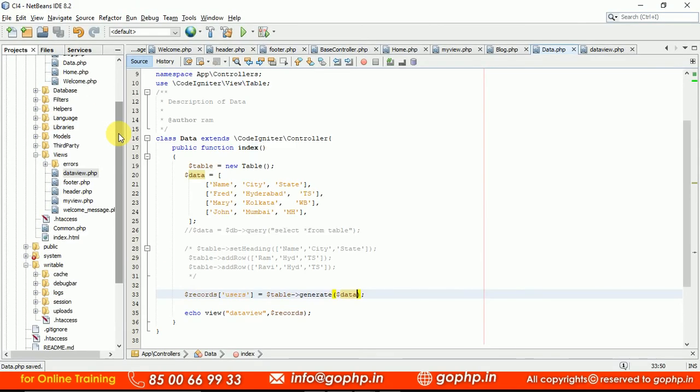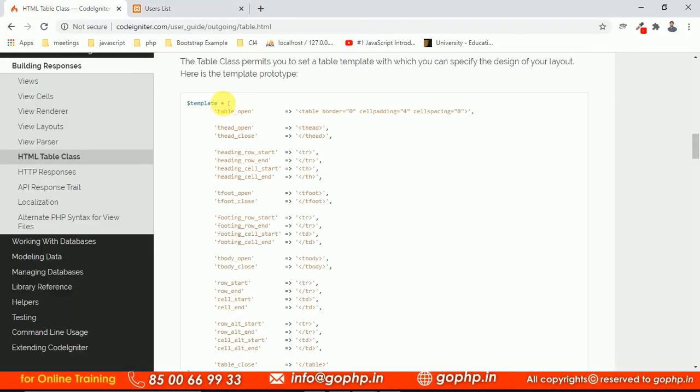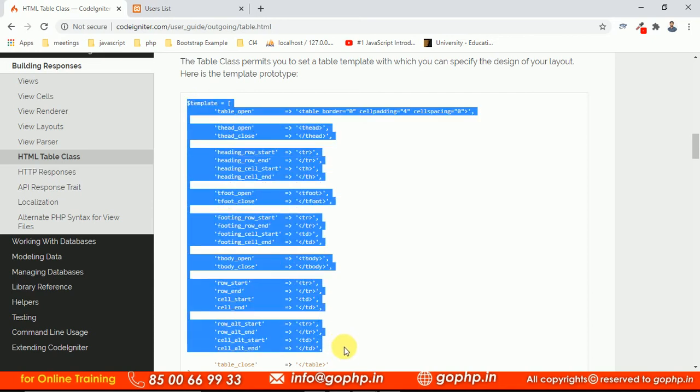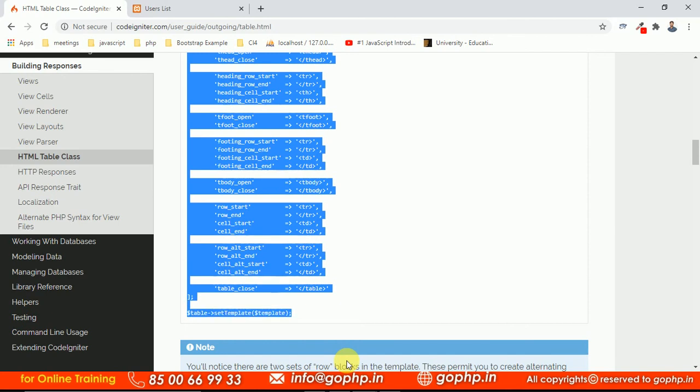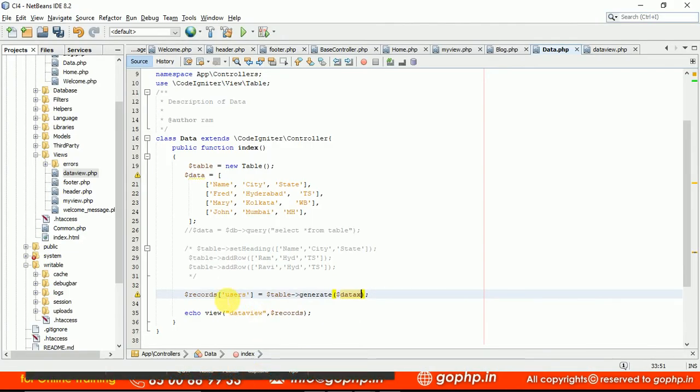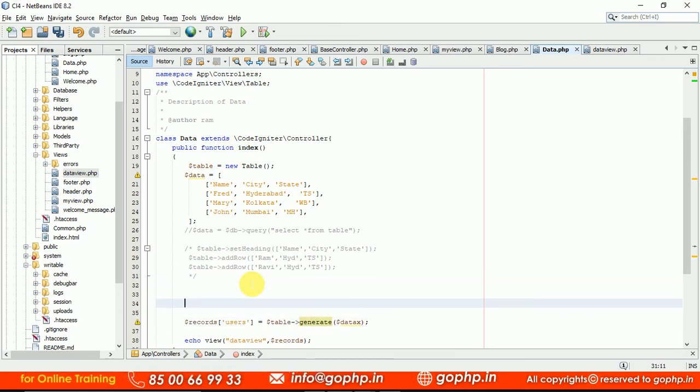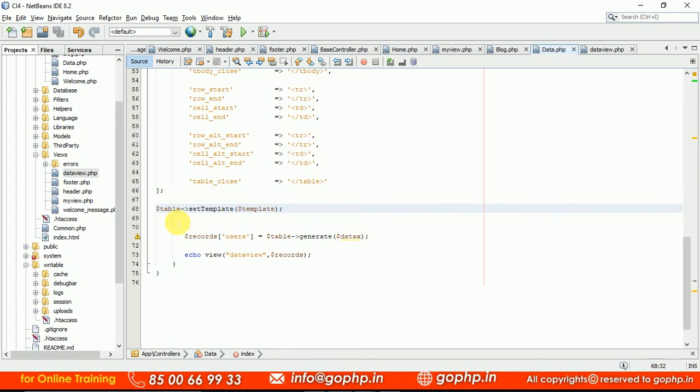Okay, perfect. If you want to customize this, can you see this is a template, guys? Here we are giving some table cell padding and cell spacing, right? With this also we can go, guys. Can you see? I just want to copy this. Let me show you how we can add this to your table. There is a method called setTemplate. Just before generating the table, we have to use these settings, guys. Now can you see this is the HTML template I'm using, and to set the template we can use this, guys. Here you can take your own classes also.